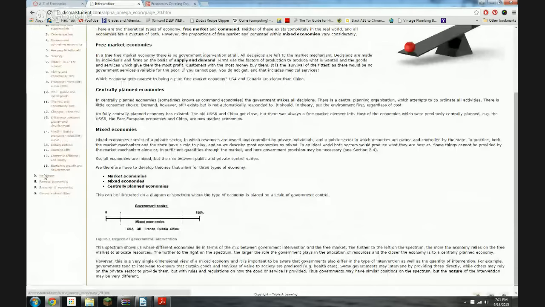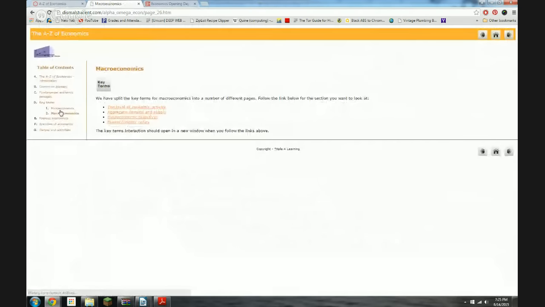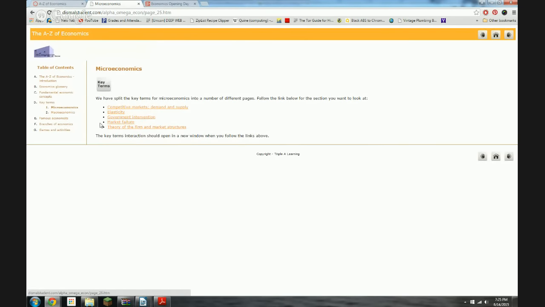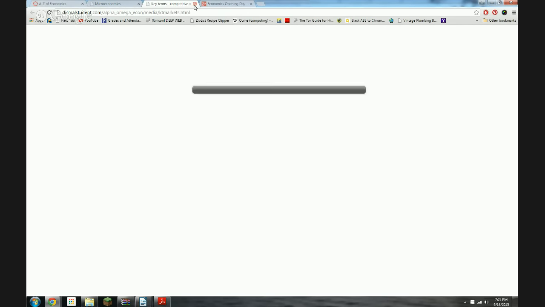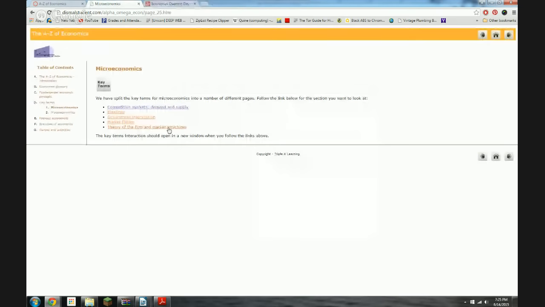So we've got all of these things. Then we have key terms for micro and macroeconomics. The macroeconomics, if you're in the micro course, is more detailed than you need, so just kind of skim it. And likewise, if you're taking the macro course, the micro course details go a little too in-depth, but it is what it is. You click it on, you can find out a bunch of key terms related to that. So just skim through them.